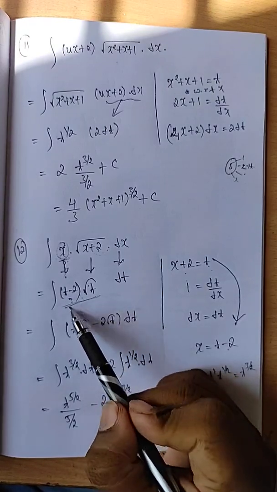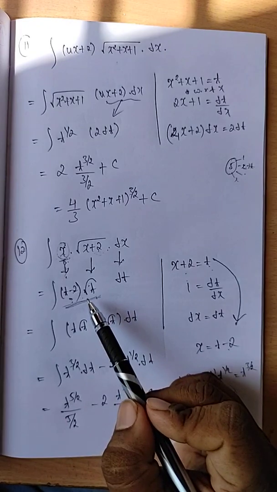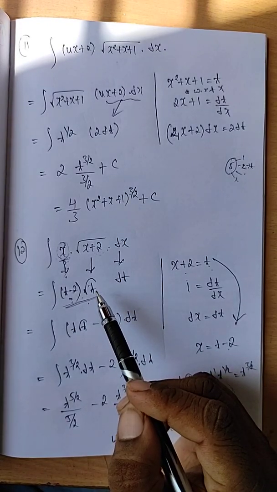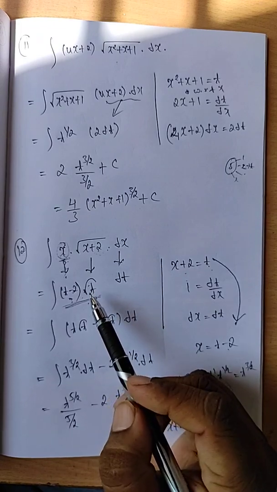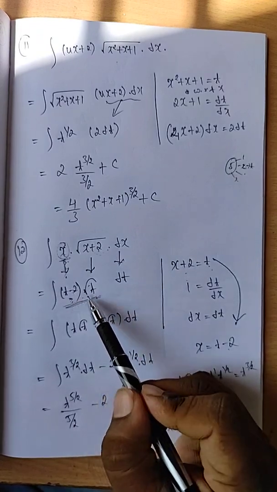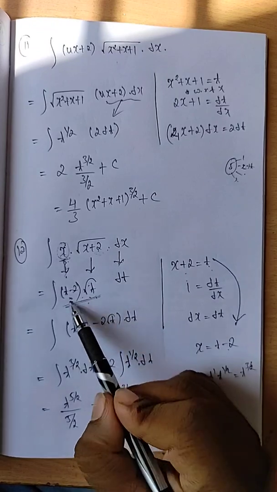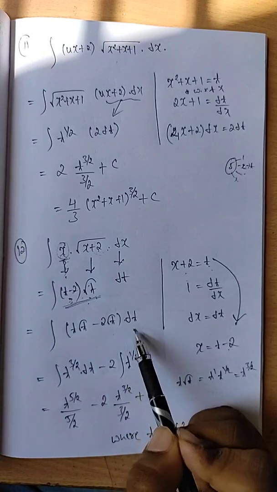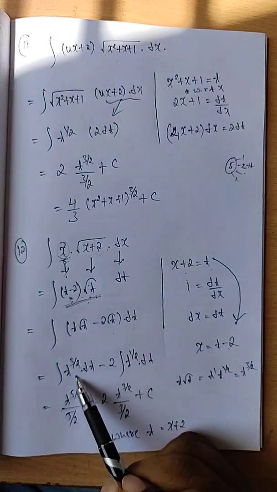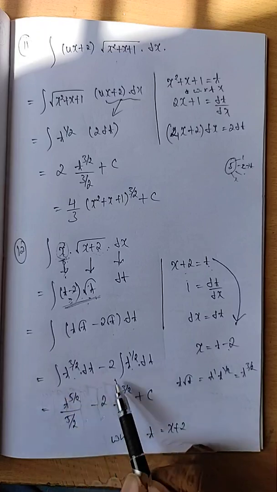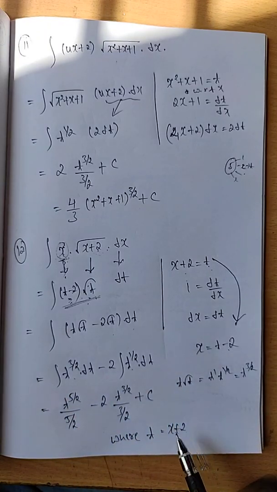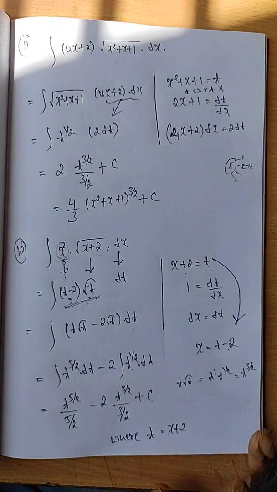So how to integrate the product form integration? I already told you in the beginning of the class, if inside the bracket and outside the bracket have the same function, multiply it to the inside of the bracket. I am multiplying this term inside the bracket: integration of t root t minus 2 root t into dt. Here t root t means t to the power of 3 by 2, and root t means t to the power of 1 by 2. If you integrate this you will get like this. Where t is equal to x plus 2, replace t as x plus 2. So this is the problem. Is it clear? Is it okay?